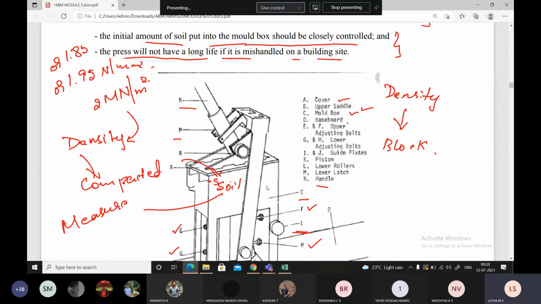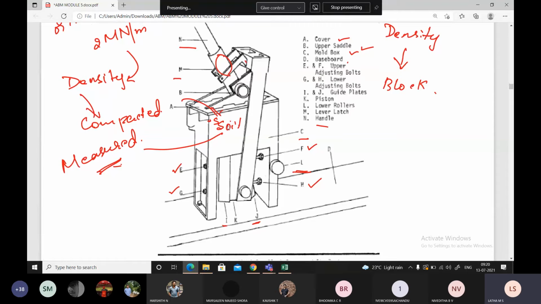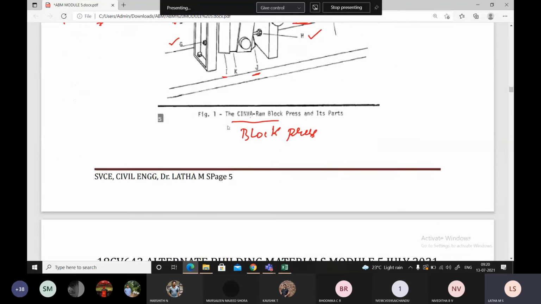Closely controlled means it has to be measured according to the design. And the person who is pressing this, if it is not electric operated, it is man operated, should be carefully handling it. If he is not able to do it properly, it is not possible to have a long life of such a machine. Okay, so this is a brief discussion of the